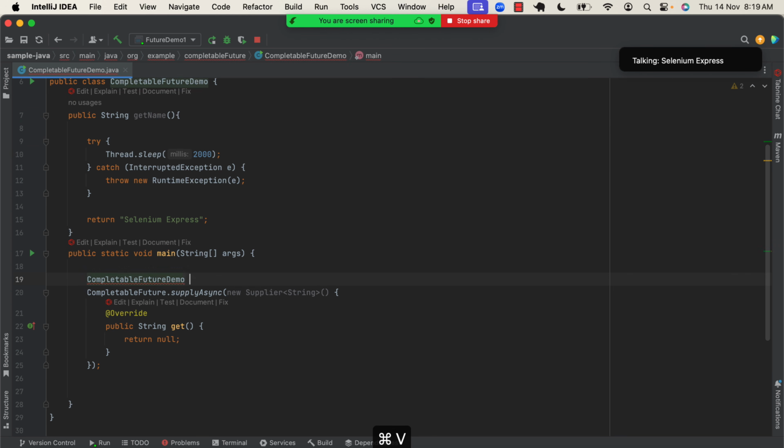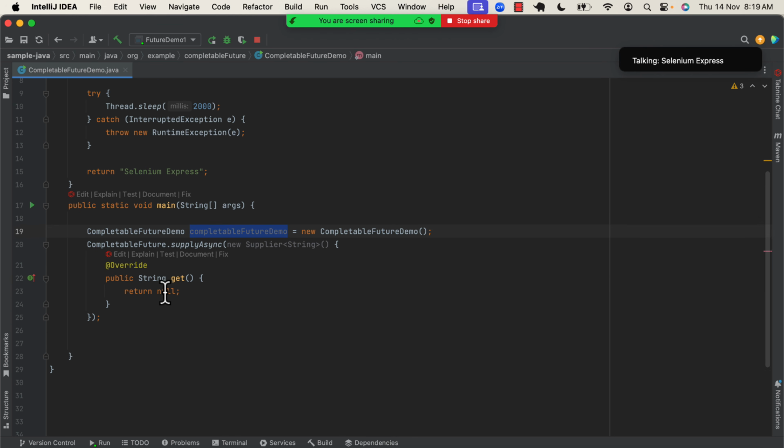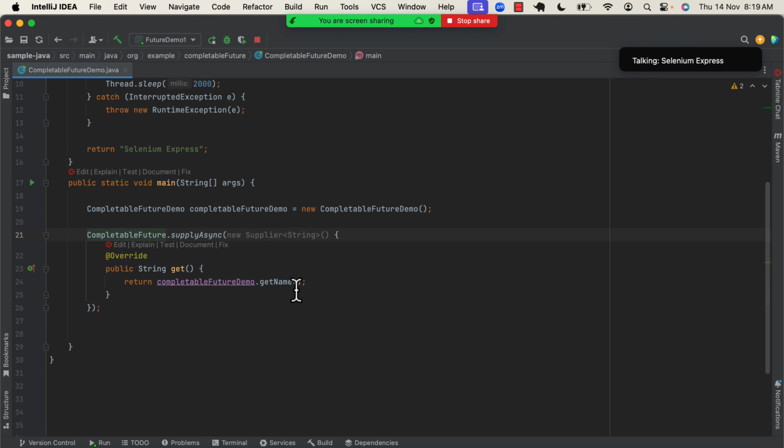Let's say CompletableFutureDemo completableFutureDemo equals new CompletableFutureDemo, or you can use var in the latest Java way. But I'm sticking to the traditional approach of creating an object, and I can say dot getName. And that's it. You are executing this task